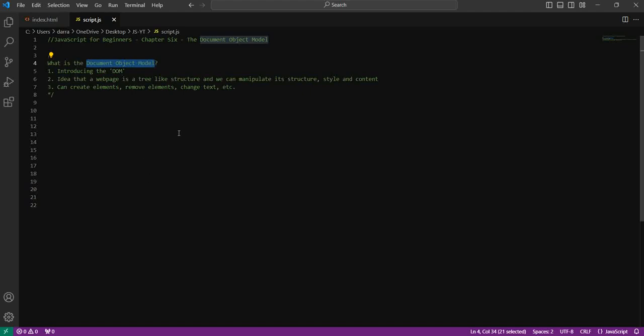And what you can do is you can use the document object model to traverse this tree-like structure and essentially change content on a web page. So the whole point of the document object model is that you can manipulate the structure of a web page, style, and contents. Obviously, when you know basic HTML and CSS, you can make content